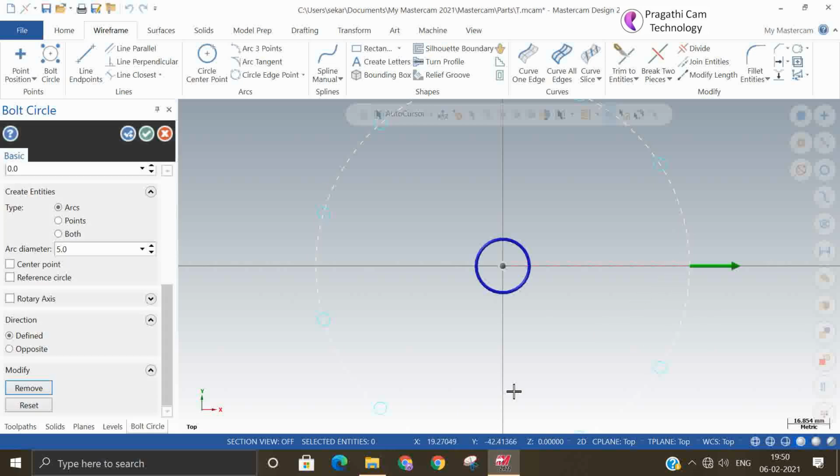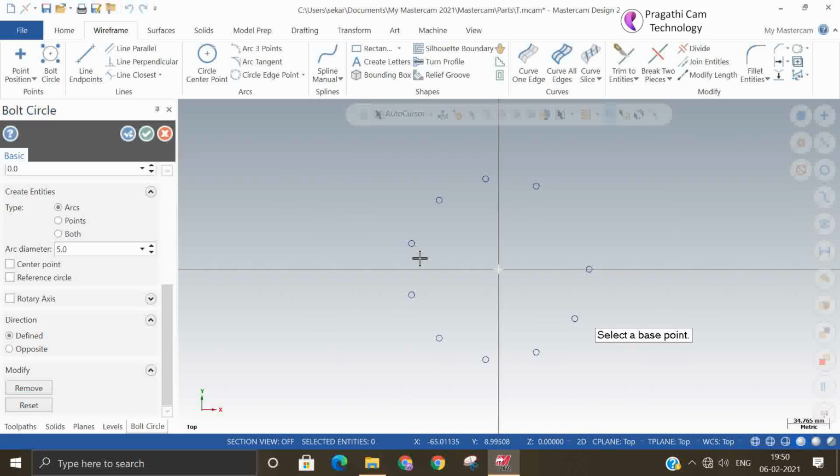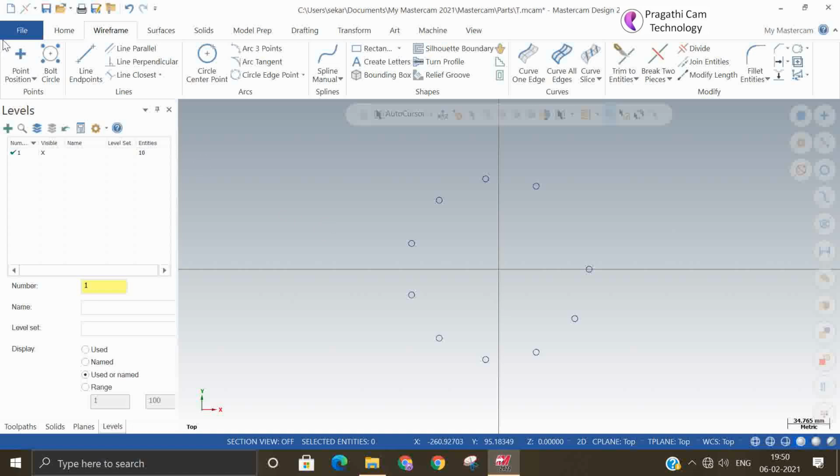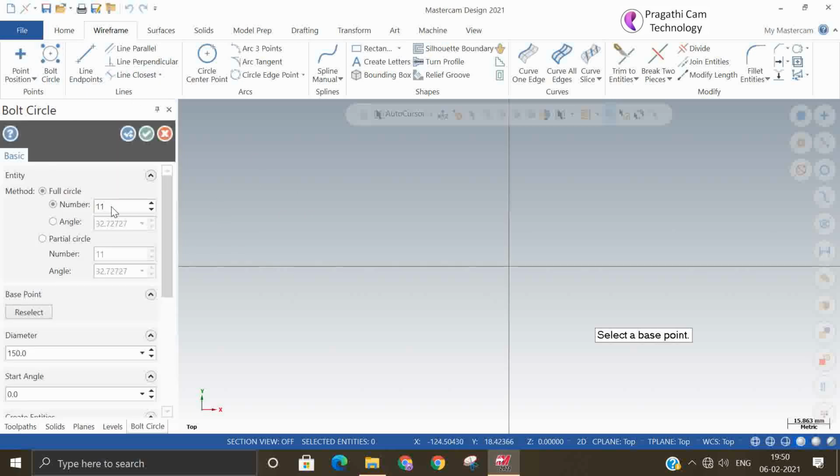Okay, it goes. So like this also you can remove and add bolt circles. So actually it is a PCD circle. That's all, nothing else. So you should give the PCD dia, the small circle diameter and the number of small circles.